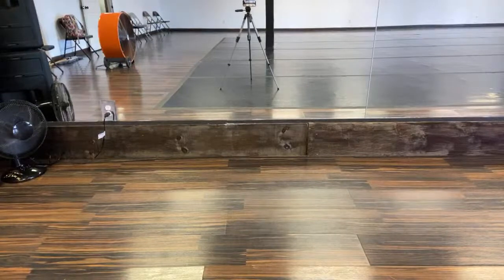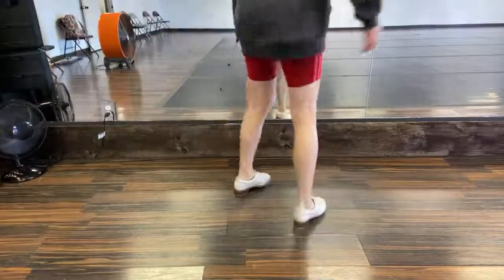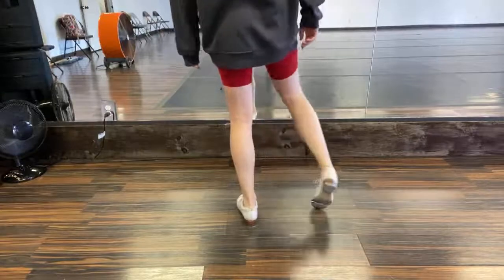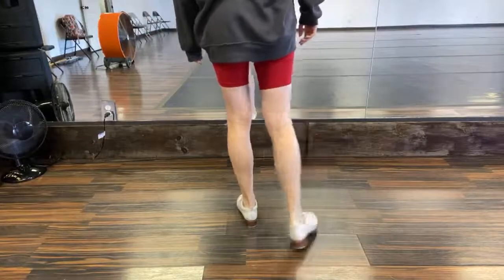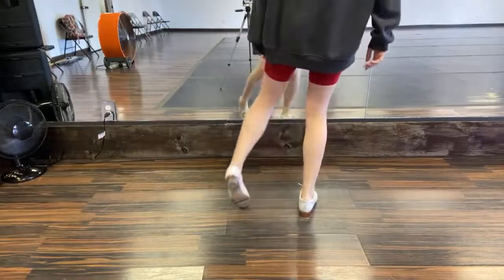Hope you're all having a great week. Here we go. Shake it out. Take some circles with your ankle nice and gentle here. You're bending your standing leg. Other side. Try to keep all the